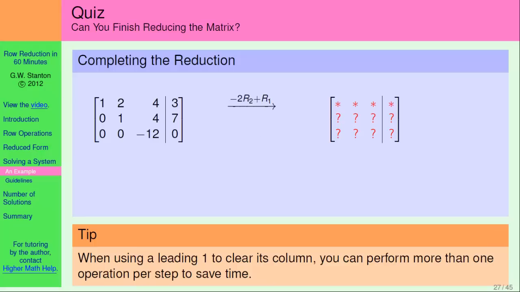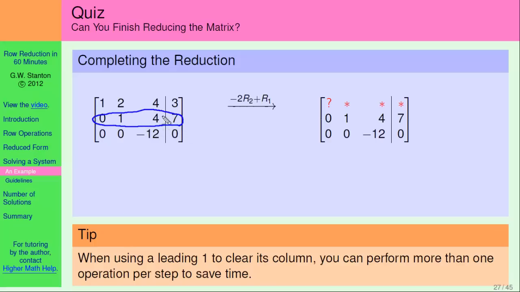And remember, it's helpful to just copy down the 2 rows that don't change first. Since we're trying to make this 2 a 0, it's the other rows that don't change. And what do we get in the first row? Well, when we multiply row 2 by negative 2, that gives us 0, negative 2, negative 8, negative 14. And then we're going to add